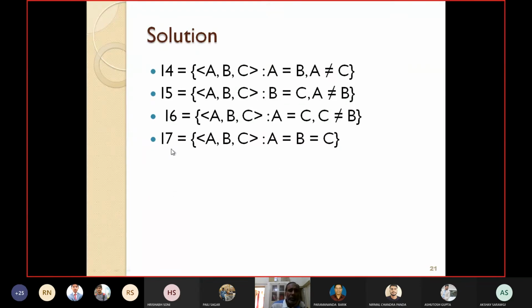Fourth case: A is equal to B and A is not equal to C. Fifth one: B is equal to C and A is not equal to B. Sixth one: A is equal to C and C is not equal to B. And another case: A is equal to B is equal to C, all are the same. So this is another classification where you can design test cases to find the largest number. Here I have got 7 equivalence classes.